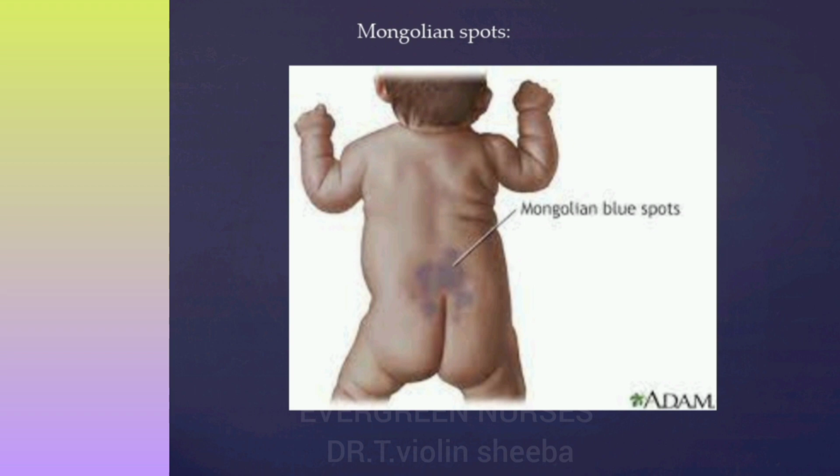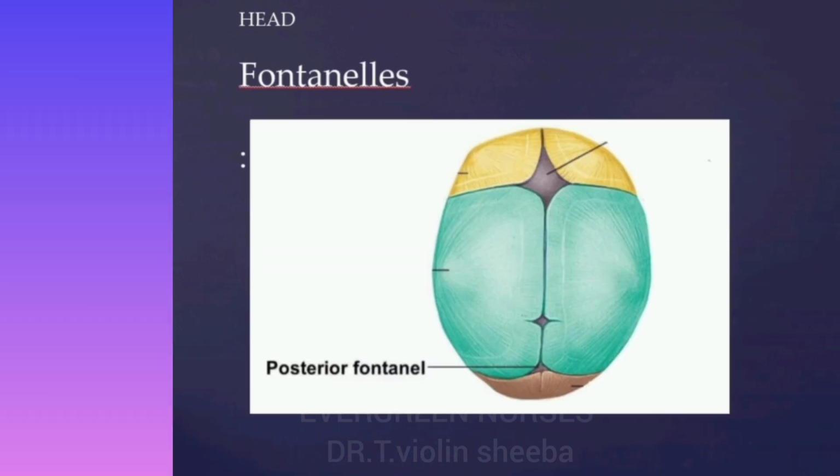After completion of the skin, we have to start our assessment of the head. In the head, we have to assess the fontanelle. As we all know, there are two fontanelles. First one is the anterior fontanelle and the second one is the posterior fontanelle. The anterior fontanelle is diamond in shape and it closes around 1.5 years, whereas the posterior fontanelle is triangular in shape and it closes around